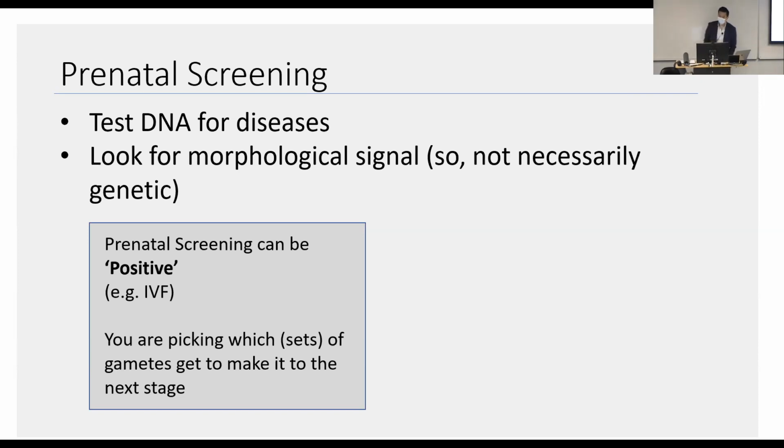But in terms of IVF, you can often screen the gametes. So you can screen the sperm. You have so many sperm to pick from, and you can only, say, work with 10 sperm. So what do you do? You pick a bunch and you screen them and make sure that the 10 that you're using are going to be up to par to some standard, namely that it does not have any of the major diseases. It would be a shame if you spent all that money, all that time, and you fertilize an egg with a sperm that has quite a severe disease. The thought is it's a shame for the mother, it's unfortunate, but also for the child as well.